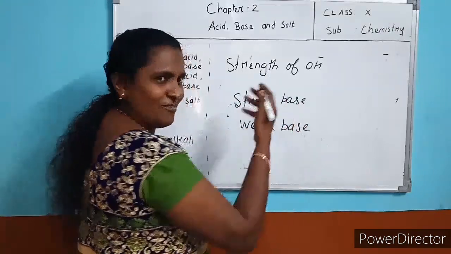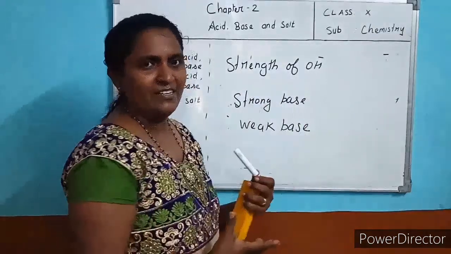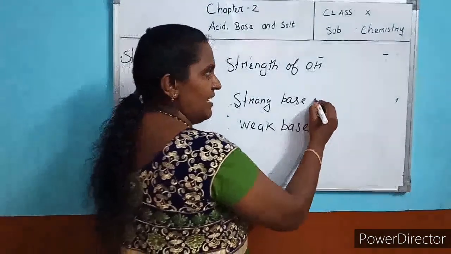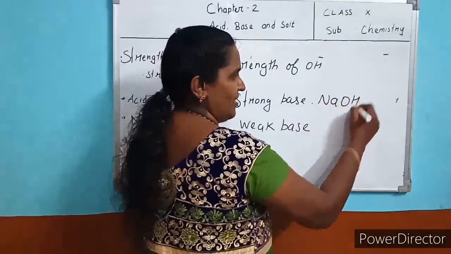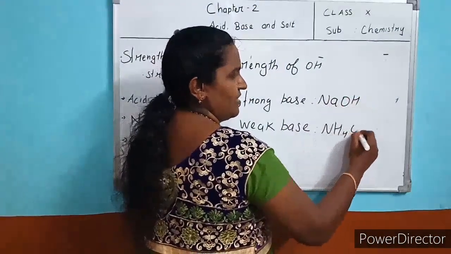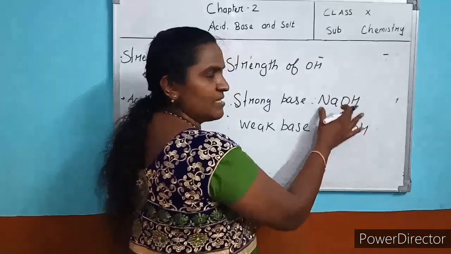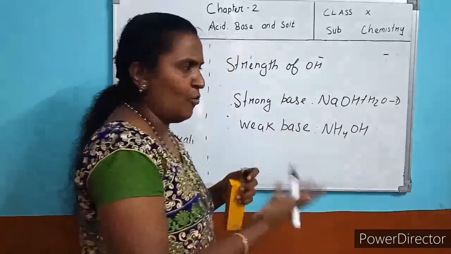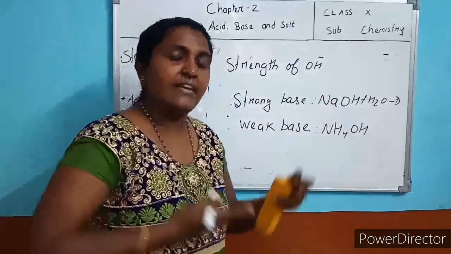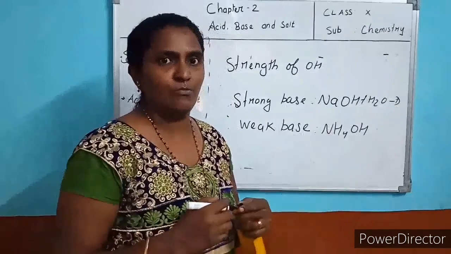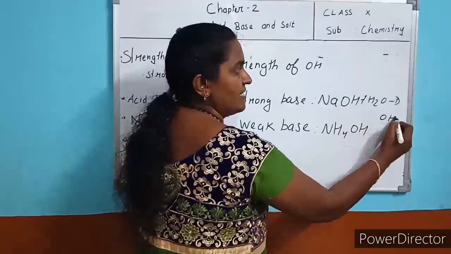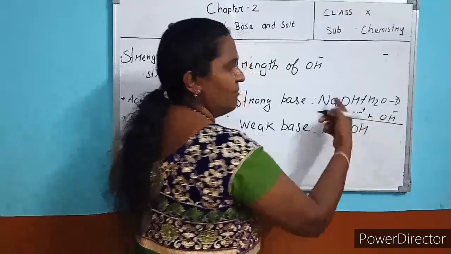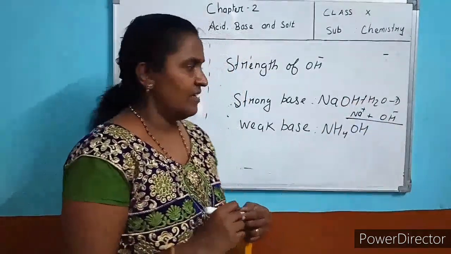Tell me, who is the strong base? In the same manner, there you added acid, here you are going to add base. Base means metal hydroxide. You are taking two bases. I am telling this one is strong. Why? When you add water, you will have more. How many molecules you added, that many molecules of ions are formed. More OH ions are formed.